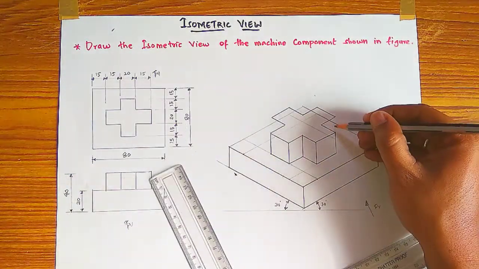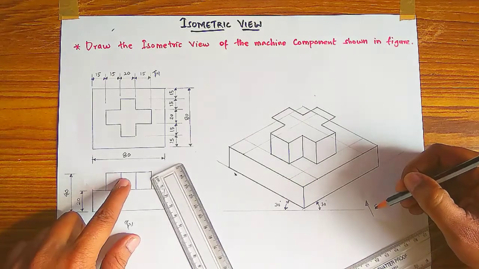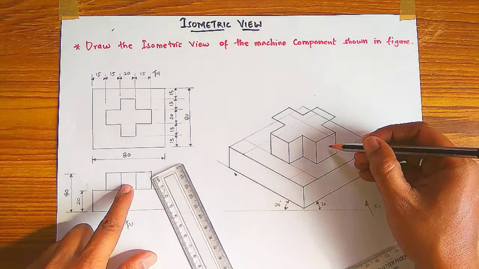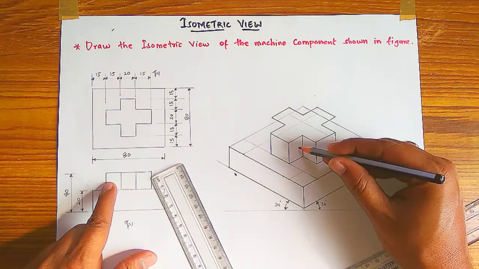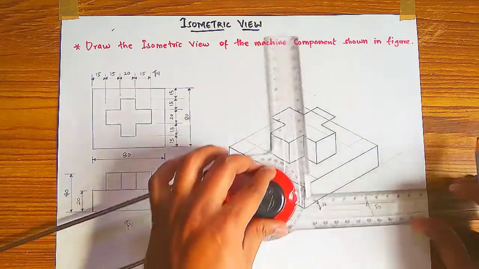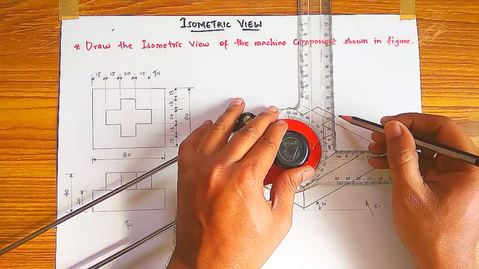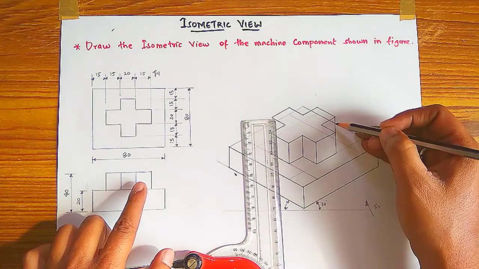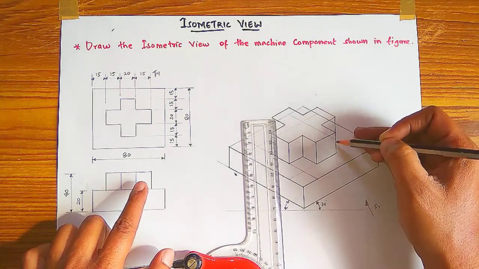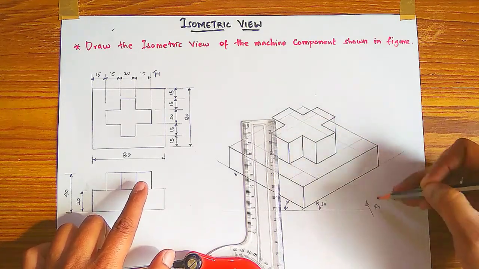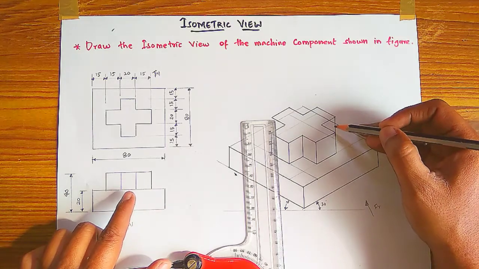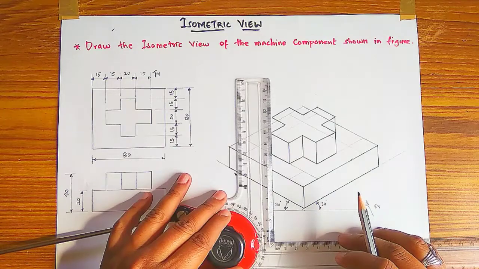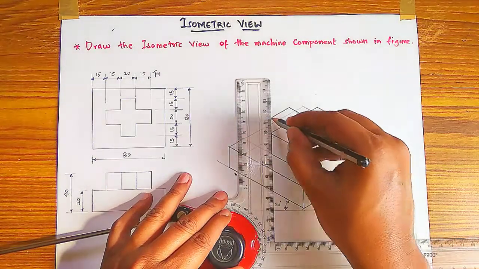Okay, the remaining this side, if you see from the front, these three boxes are visible. So this rectangle shape is this one, and this square is this one, and this square is this one, and here we have to do some finishing. So just draw a straight line from here to this end. That is also visible. See, that is somewhat backside, so some area is not visible, but from the front it will be visible. So that is drawn, and then here also we have to do some finishing, a straight line like this.